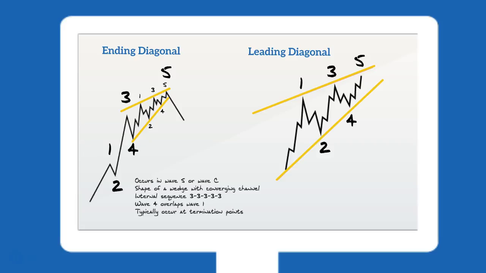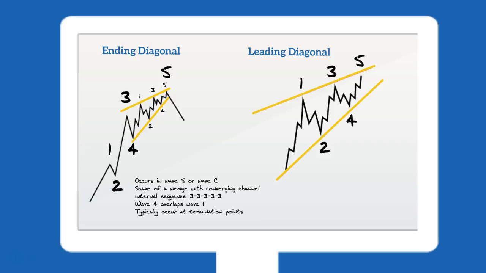An ending diagonal is a special type of wave that occurs in wave 5 or wave C and can often be seen when the preceding move of the trend has gone too far and too fast. They take the shape of a wedge with a convergent channel. Each subwave, including waves 1, 3 and 5, subdivides into 3 waves, creating the internal sequence 3, 3, 3, 3, 3. Wave 4 will always overlap wave 1 and they typically occur at termination points of larger patterns